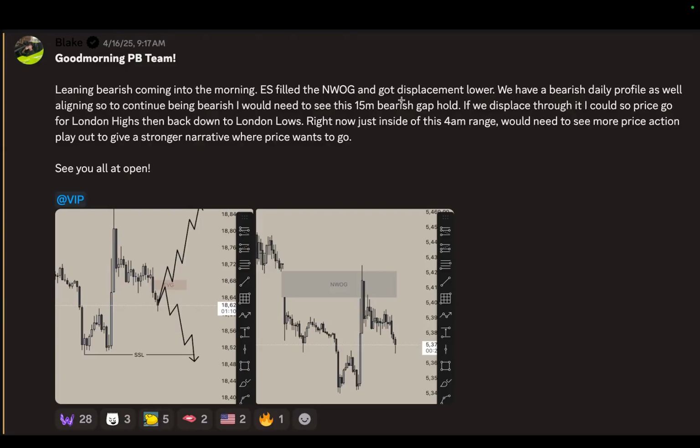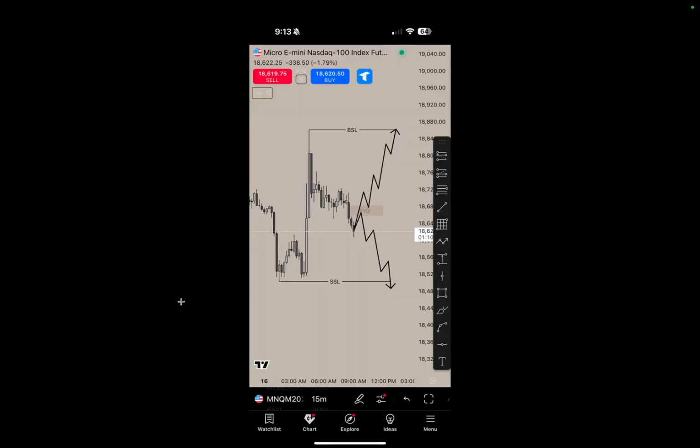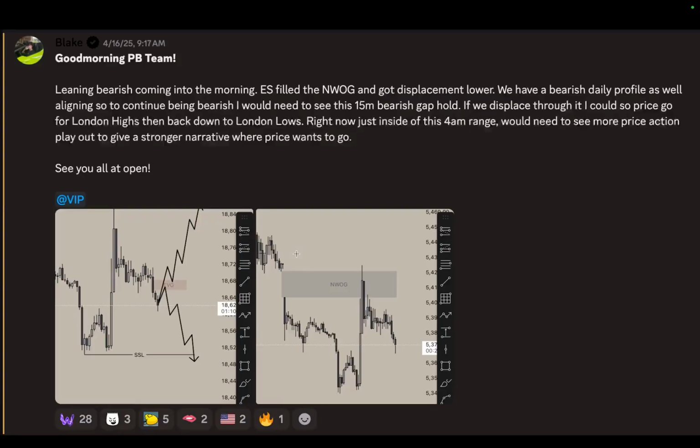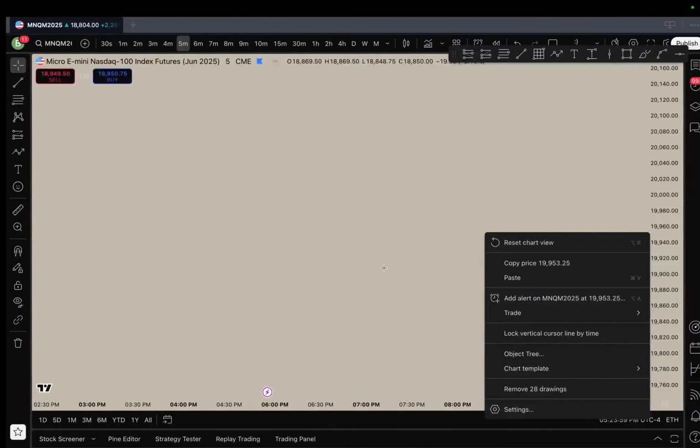So right now I was just saying I want to see if this 15-minute gap will hold, right? And obviously as a condition, if this gap were to hold bearish and we get lower time frame confirmation out of this, then price should go towards where? Relative equal lows, right? So thinking about this right here,